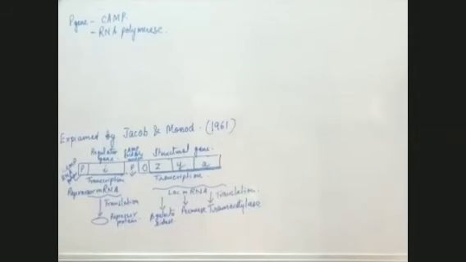We have one promoter near the I regulator gene, and one promoter near the structural genes. Both promoters have the ability to bind to RNA polymerase. When RNA polymerase binds, transcription starts. Here the transcription will be for the I gene, and when RNA polymerase combines with this P, the transcription will be for these 3 structural genes. Now, as a result of transcription of the I gene, what happens?